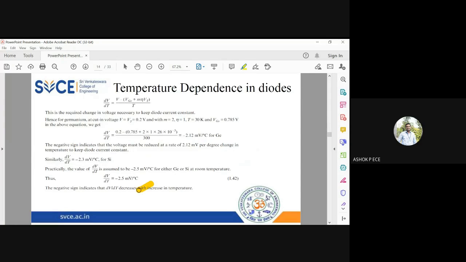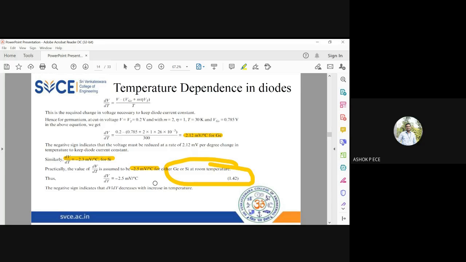And you can see that the variation in the voltage with respect to temperature is minus 2.5 millivolt per degree Celsius. So as the temperature increases, dV by dT is going to be negative. It is minus 2.12 millivolt per degree for germanium, and minus 2.3 millivolt per degree Celsius for silicon. So approximately we can assume a standard value. They have assumed it is going to be minus 2.5 millivolt per degree Celsius for either silicon or germanium